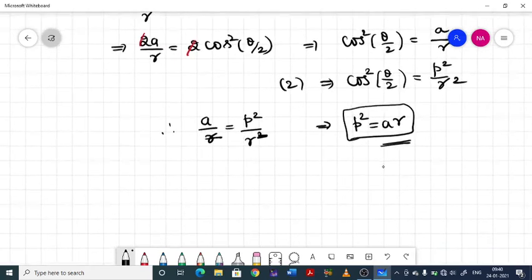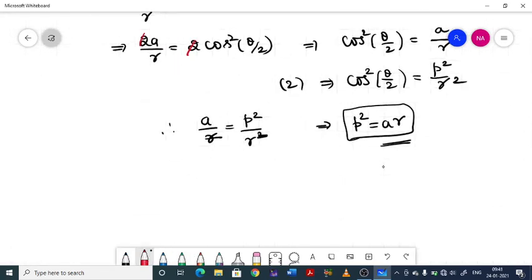Okay, let us take one example, that is for exercise. Find the pedal equation of r times 1 minus cos theta equal to 2a. This is almost similar to the previous one. In the previous we had 2a by r equal to 1 plus cos theta. Here we have 1 minus cos theta. Only that is the difference. So try to solve this and try to get the equivalent pr equation.